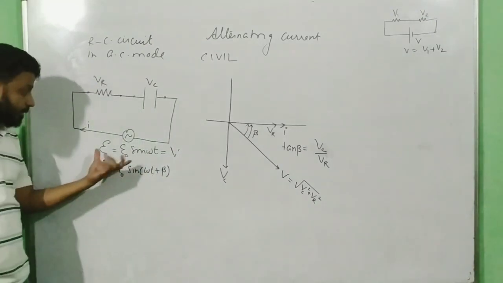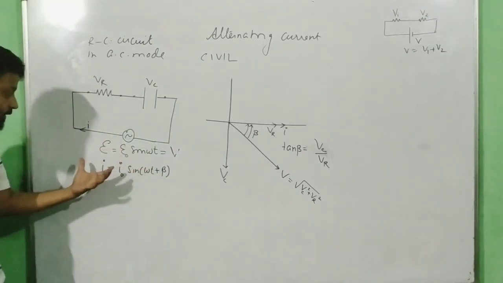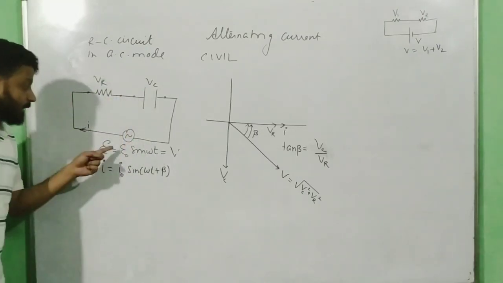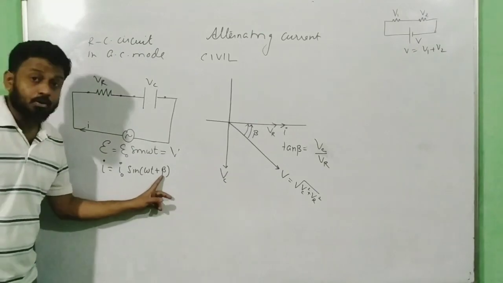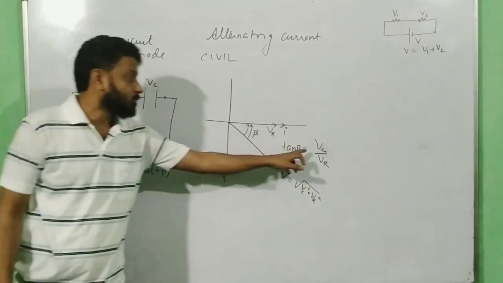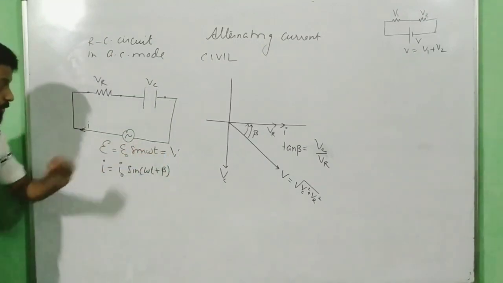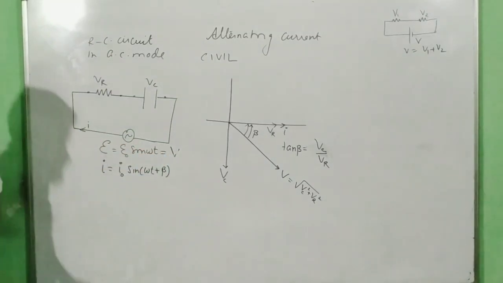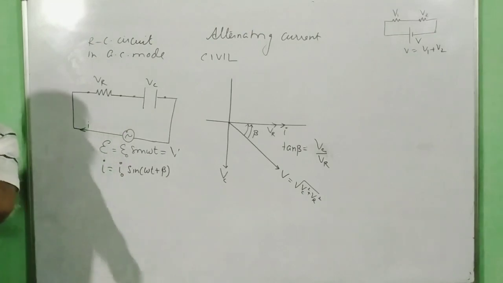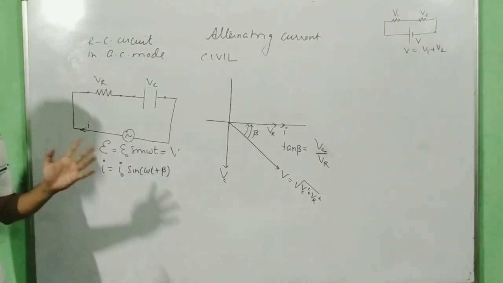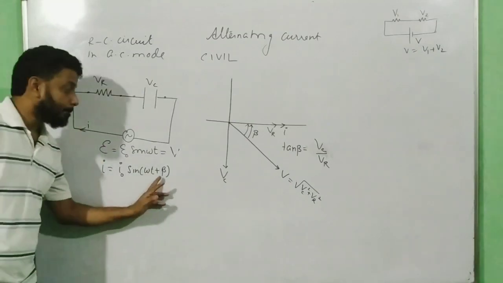So if I have to make you understand what exactly this is, this says that in an RC circuit, the current leads the voltage by an amount of beta. That beta we can find by using this logic of VC by VR. That means the net potential and the net current are not in the same phase. They are lagging behind, or leading, among each other. There is a phase difference between them, and that phase difference is beta.